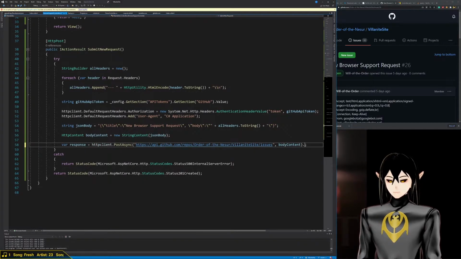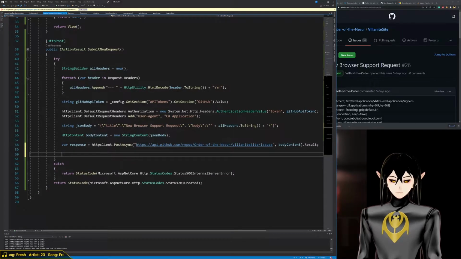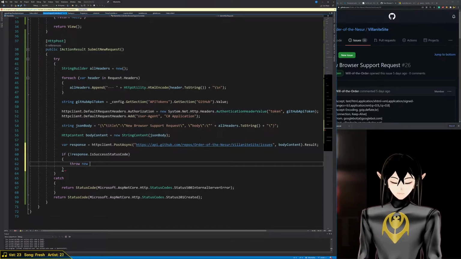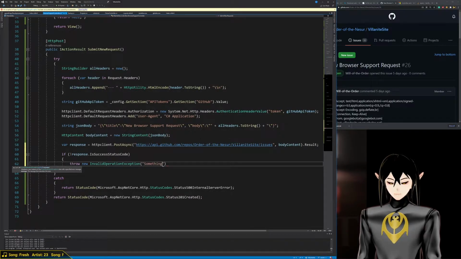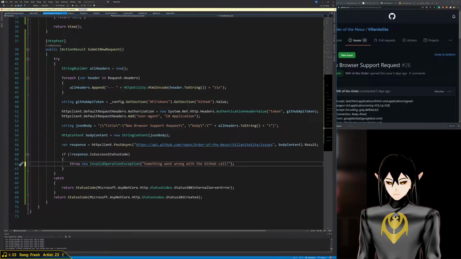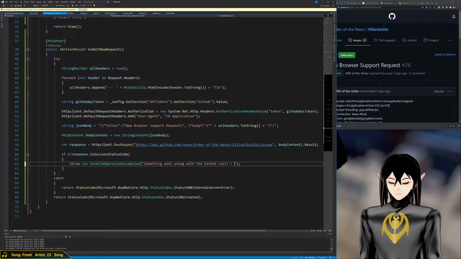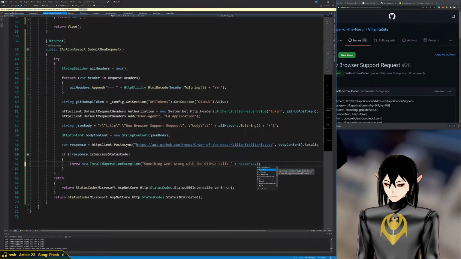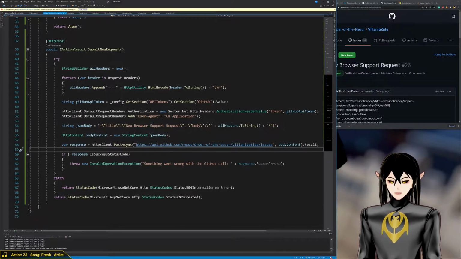Our response result, if response is successful status code. If not response is successful status code, throw new exception, invalid operation exception. Something went wrong with the GitHub call. Sure. Response dot reason phrase. So that should at least